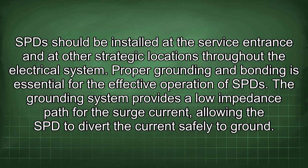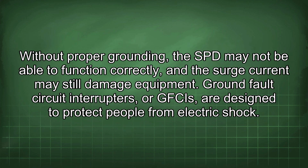The grounding system provides a low impedance path for the surge current, allowing the SPD to divert the current safely to ground. Without proper grounding, the SPD may not be able to function correctly, and the surge current may still